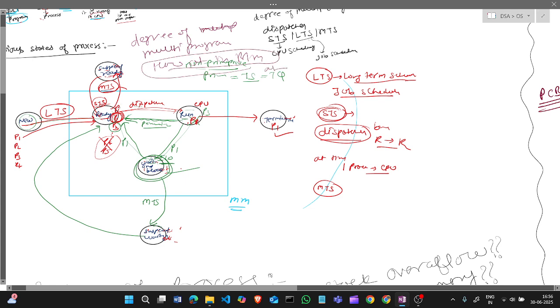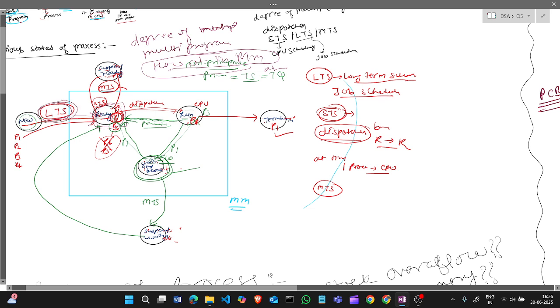So let's say P1, P2, P3 are in the ready state at a time, so the degree of multi-programming is 3. So the LTS is controlling the degree of multi-programming, because it is responsible for bringing processes to the ready state. So if we want to control the degree of multi-programming, we should do it with the help of the